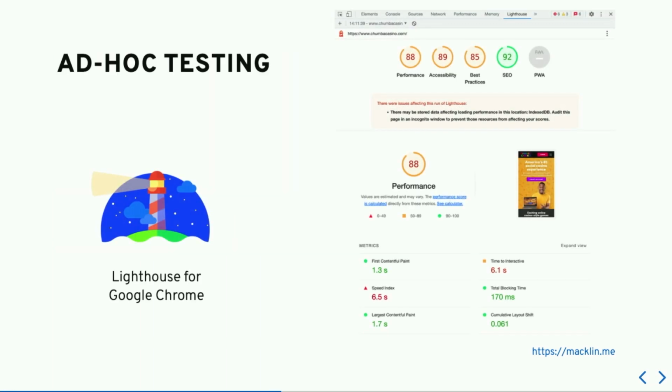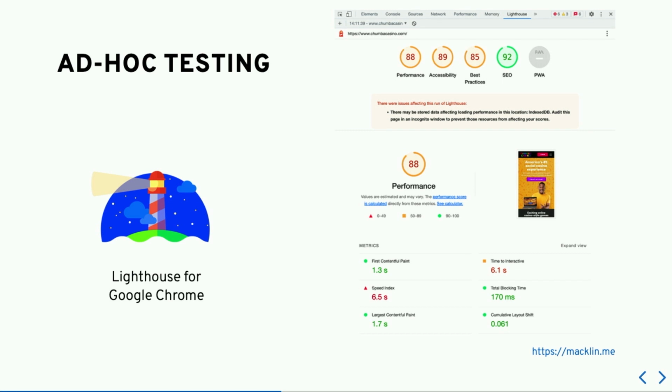Starting with ad hoc testing, who's used Lighthouse before? Yep, cool, that's most people. You can open up any Chrome browser if you've got it on your computer, actually any Blink-based browser, so you can do this in Edge, I think. And you can run a test on any site you want as well.